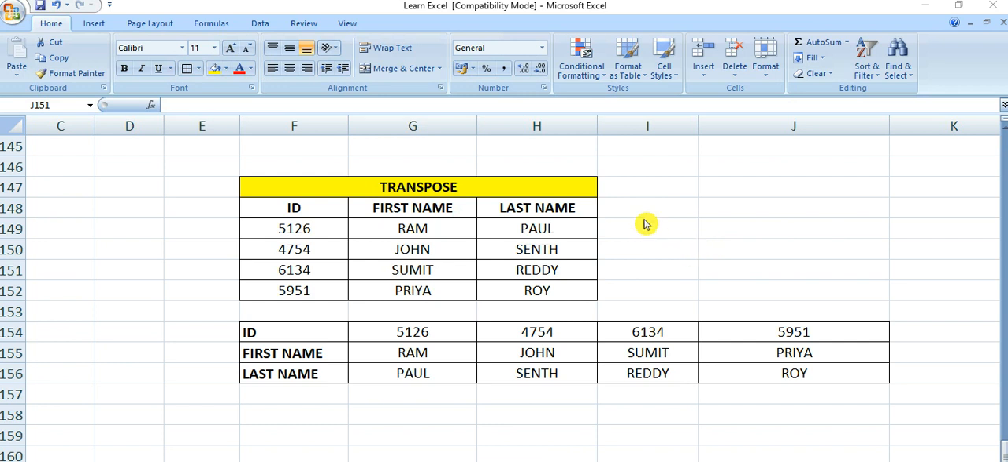You can transpose the data in Microsoft Excel. Suppose here this is one table. You can see the first column is ID, suppose employee ID, second column is first name, and third column is last name. So if we want to transpose this, that means in the first column it will come ID and first name and last name, and right hand side will come this ID 1 2 3 4, then